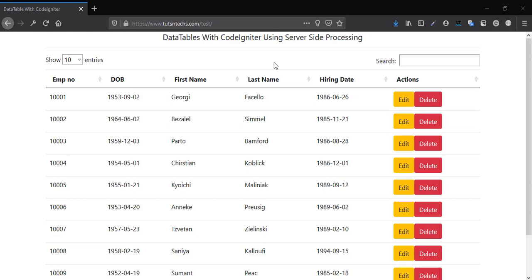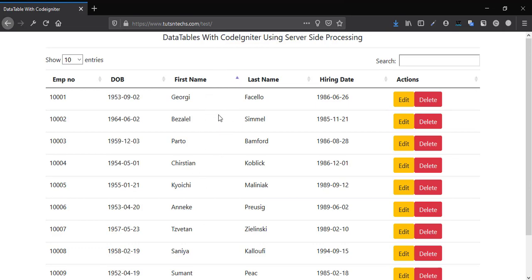In the previous tutorial, we left off by integrating the data table with CodeIgniter, but we have some issues. The problem is that if we want to sort, the data is not sorting. The arrow is going up and down, but the data is not sorting. The other problem is that if we type anything to search and filter, nothing happens. So we will fix our sorting issue in this tutorial and the search in the last tutorial of the series. All right, so what we're going to do first, we need to see how we are going to